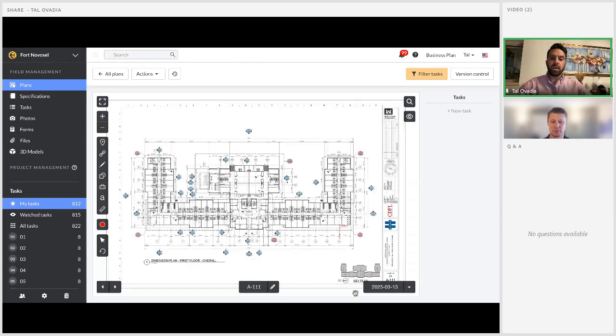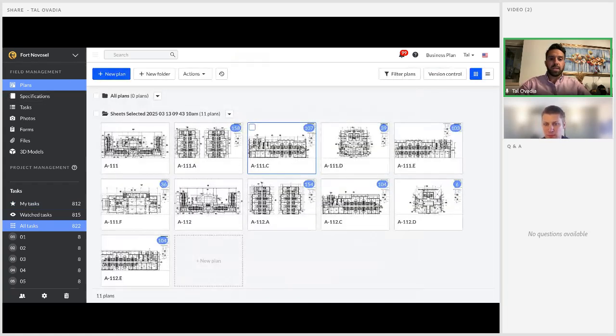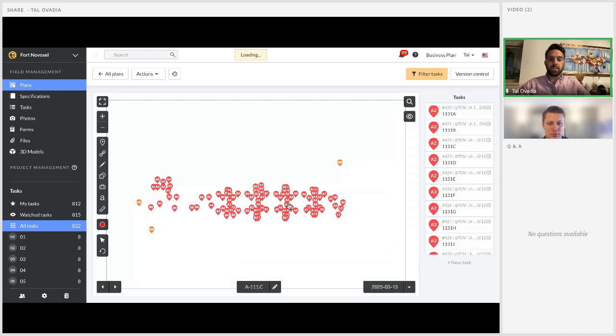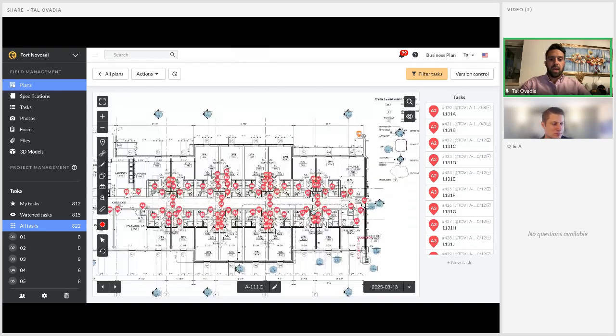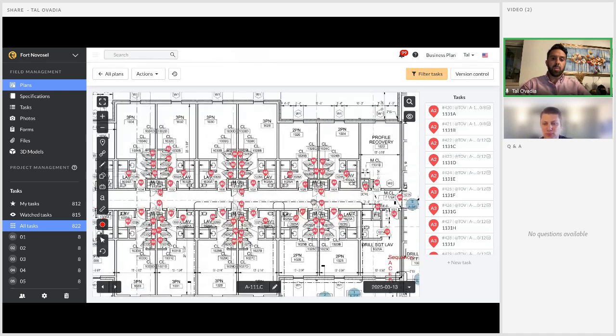A cool feature down here is we see that plans can be updated. They're dated right now, and if we get a new version, we can see the latest version here and even compare other versions with an overlay feature that Fieldwire helps a lot with. So we'll take the plans, and ultimately what we're going to layer on top of the plans are our tasks. And the way we do that, I'll show you a plan that has some tasks on it. So each of these pins is a task, and for us, each task is an opening.